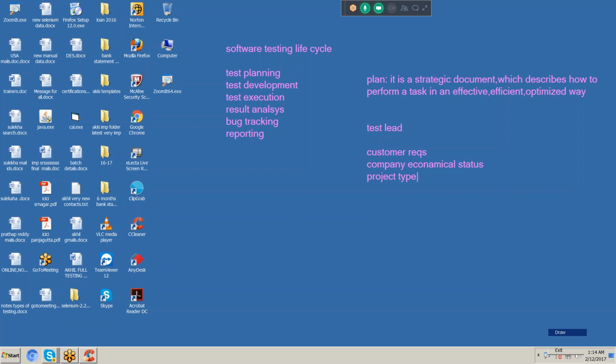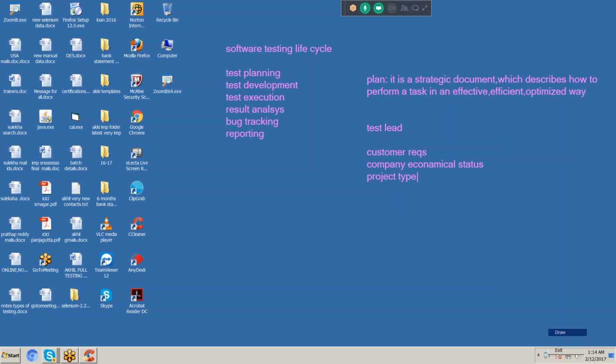He will prepare the plan. A plan is a strategic document which describes how to perform a task in an effective, efficient and optimized way.